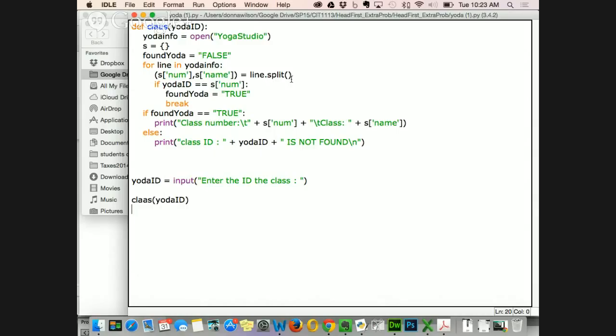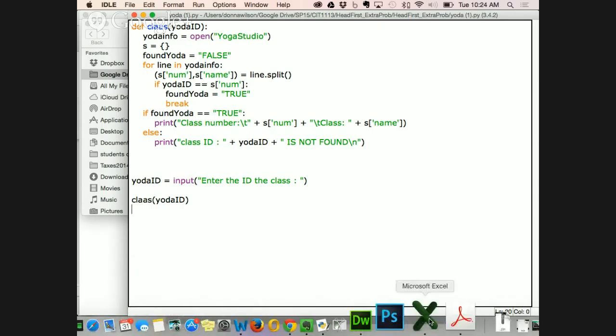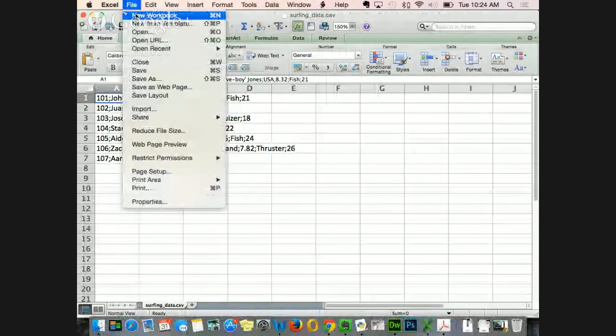Okay, so we're going to go in and change it where it does, and it's a smaller file. So which one was that? I think that's 166, right? Yes, CSV file. So I'm going to create the CSV file. All I have to do is open Excel, file,